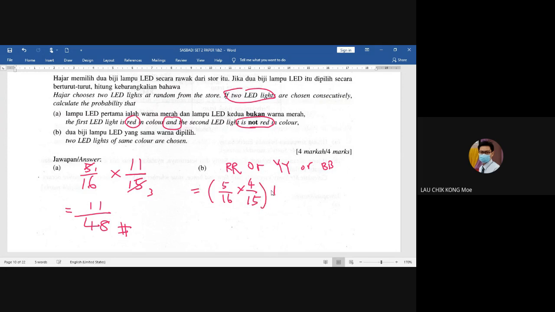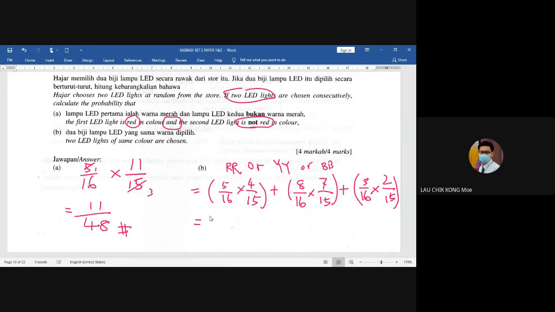Plus, for the yellow color, we have 8 over 16 times 7 over 15. If you have MS students, there is no problem, easy, right? Blue color have 3: 3 over 16 times 2 over 15. Okay, so the answer should be